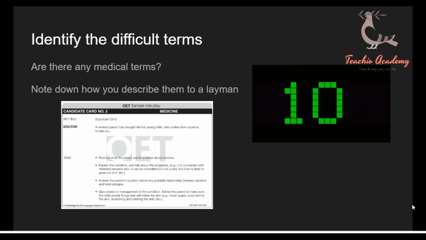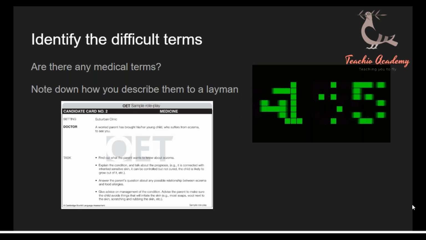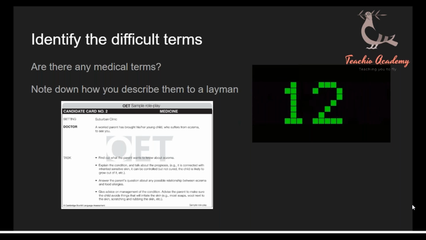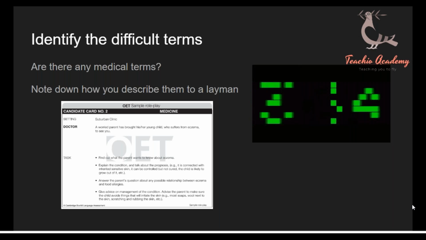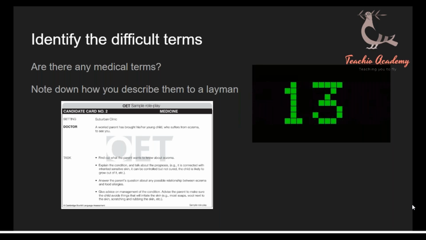Okay, so Aruna has given us an answer. She said eczema is a skin condition characterized by irritation of the skin along with the red rash. It is just like an allergic reaction. Fasiha has said it is a skin condition in which itchy patches appear on one's body. Jackson, you need to explain how you would explain it to a parent who is not medically trained. So I need you to give me full sentences. Okay. Anyone else wants to try?